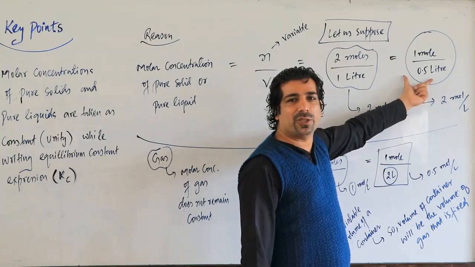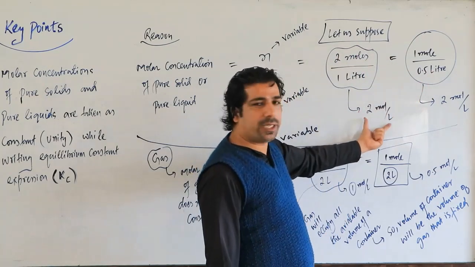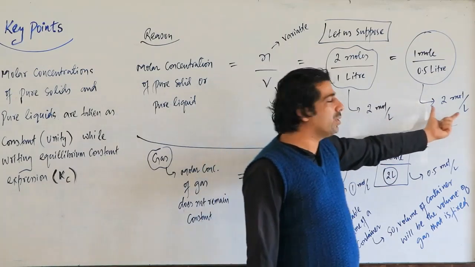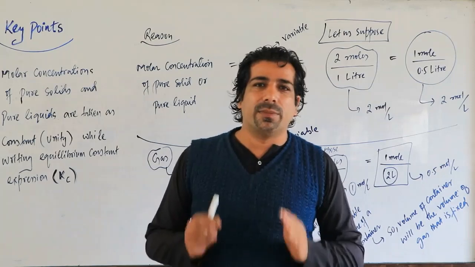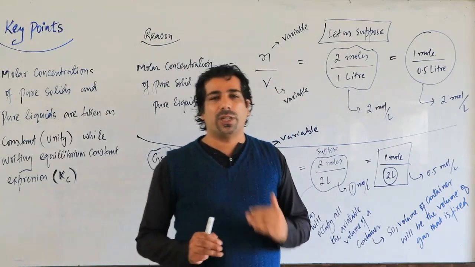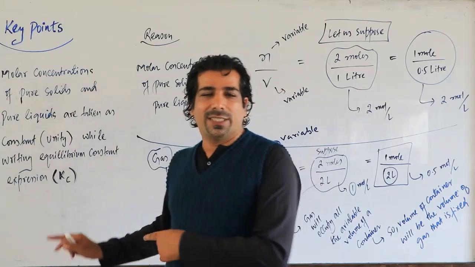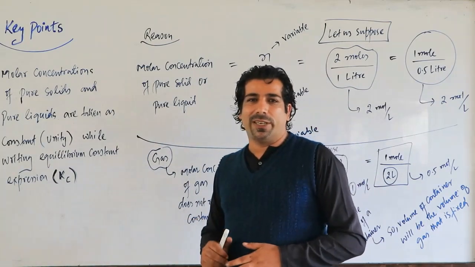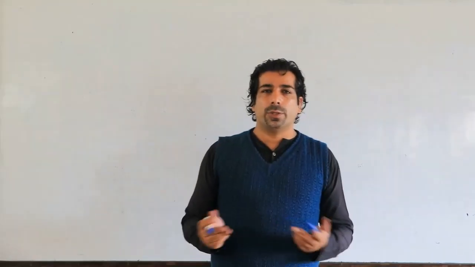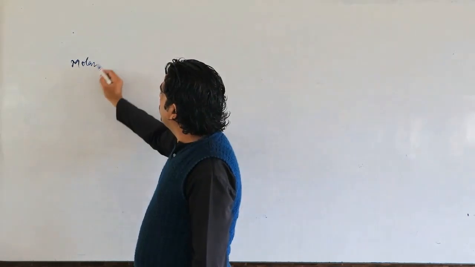Yes, with respect to solids and liquids, volume is also changing. So finally, what was the molar concentration? 2 mole per liter. What was the molar concentration? 2 mole per liter. So in simple terms, you remember that the molar concentration of pure solids and pure liquids remains constant. But in case of gases, it does not remain constant, my dear friends. So please remember that. So dear friends, now you have learned that molar concentration